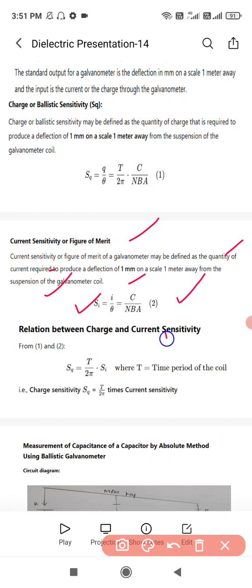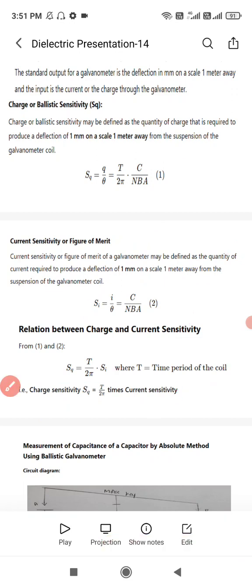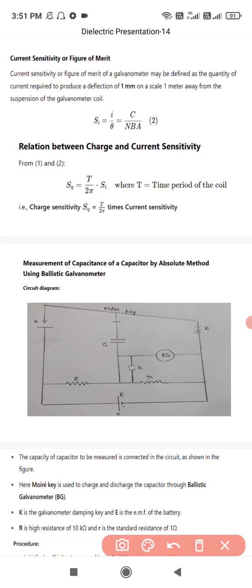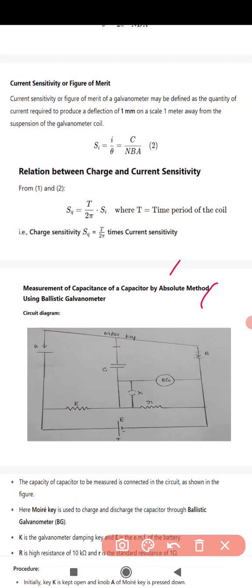So the relationship between charge and current sensitivity, from equations 1 and 2, is S_Q = (T/2π) S_I, where T is the time period of the coil. That is, charge sensitivity equals T/2π times current sensitivity. Next we come to the measurement of capacitance of the capacitor by absolute method using